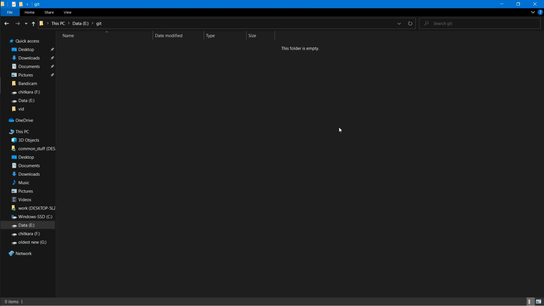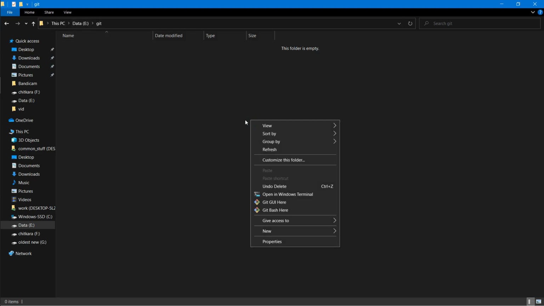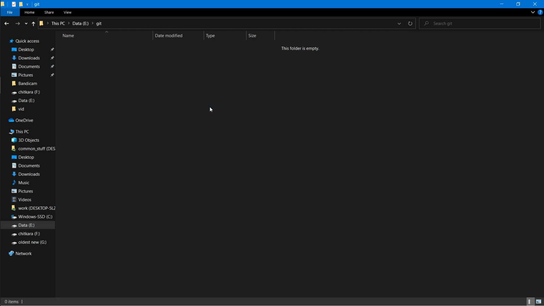Now we have many types of version control systems, like Git, and some others are also there. In this video we are going to learn everything about Git. So let's get started. First of all, you need to create a folder. Like on this computer, in the E drive, I have created a folder named Git. Afterwards, you need to install Git, which I will provide a link for, and you can easily download it